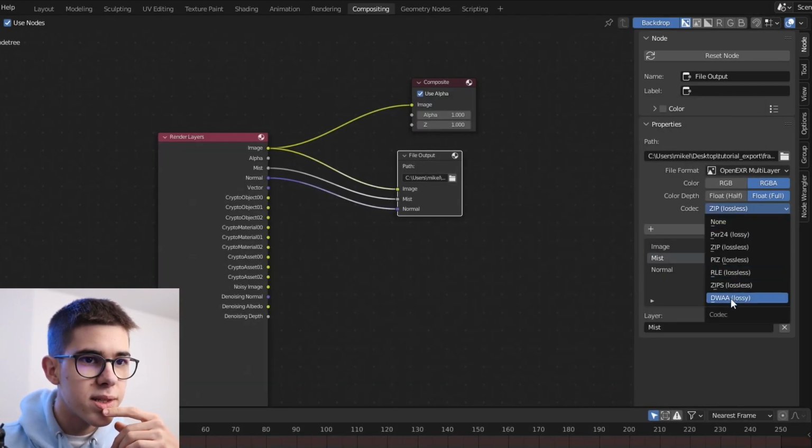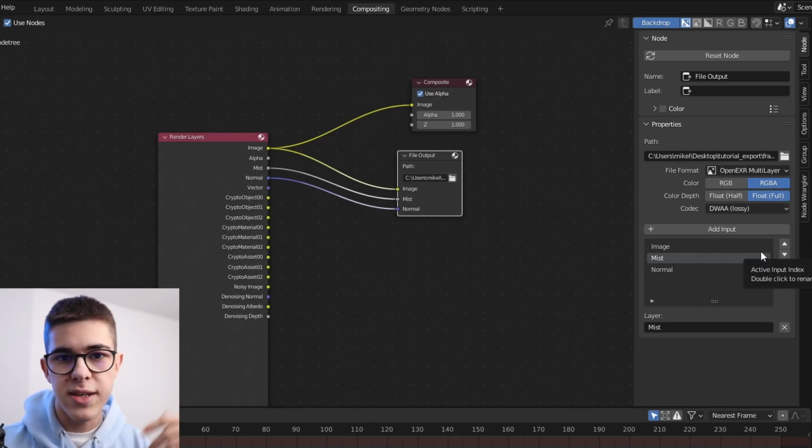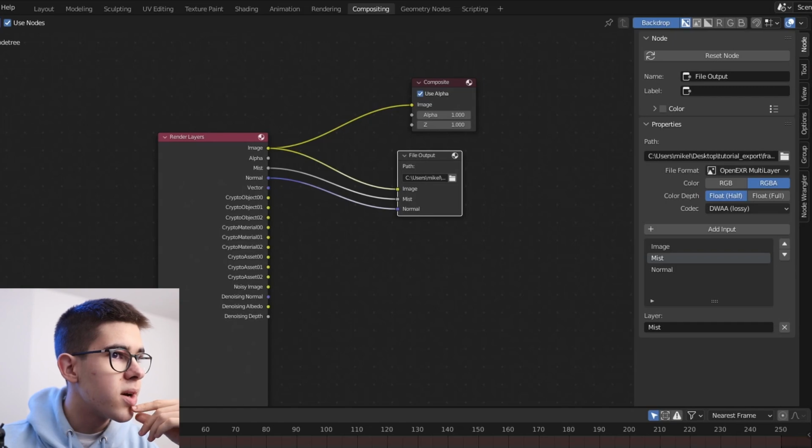I would advise doing DWAA. It's a lossy format, but you won't really see the difference and the files will be way smaller. We can do half depth float. Yeah, that's fine. So now when I render,